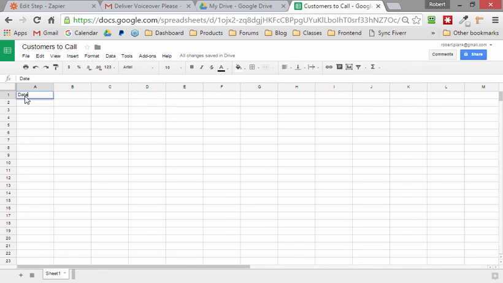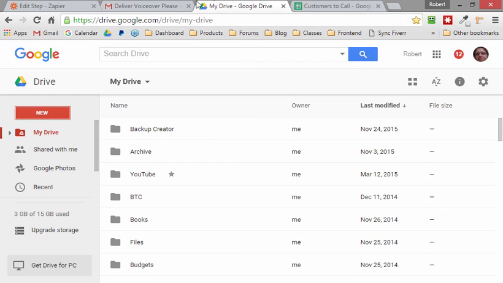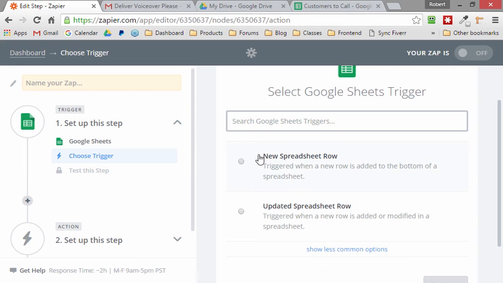Okay, and we'll say date, name, product purchased, phone number, notes. Okay, and then just fill this in, and this is automatically saved. Okay, then we'll say if there's a new row, yeah,